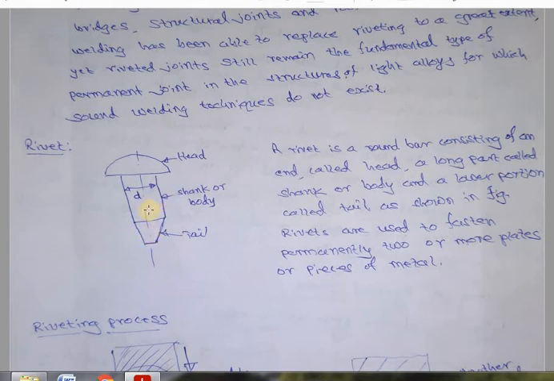This rivet can be made from an aluminum alloy or from steel. Where structural strength is required, we go for steel, and wherever we require lightweight, we go for aluminum alloy. For example, fan blades are connected to the motor using aluminum alloy rivets. Otherwise, in the bus body building, you might have seen inside, a lot of rivets are there, and those are also aluminum alloy.